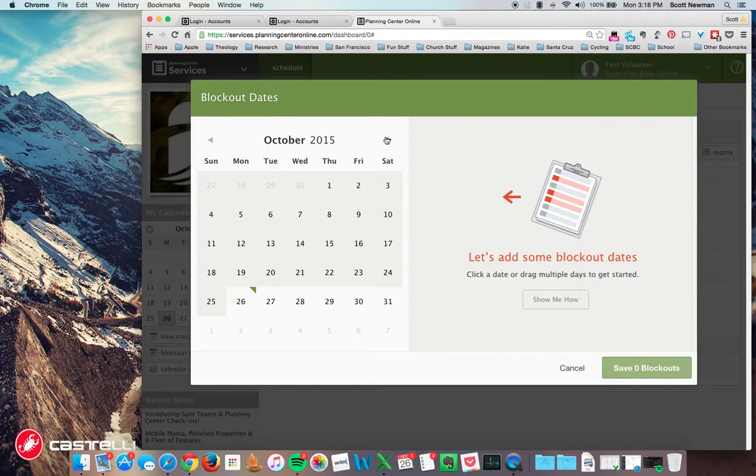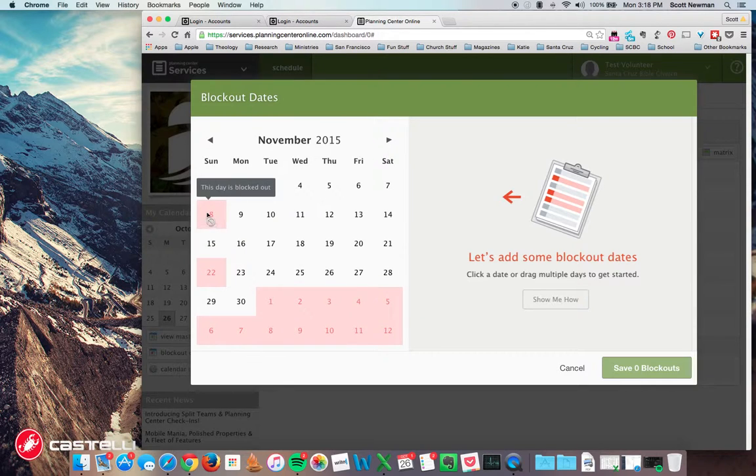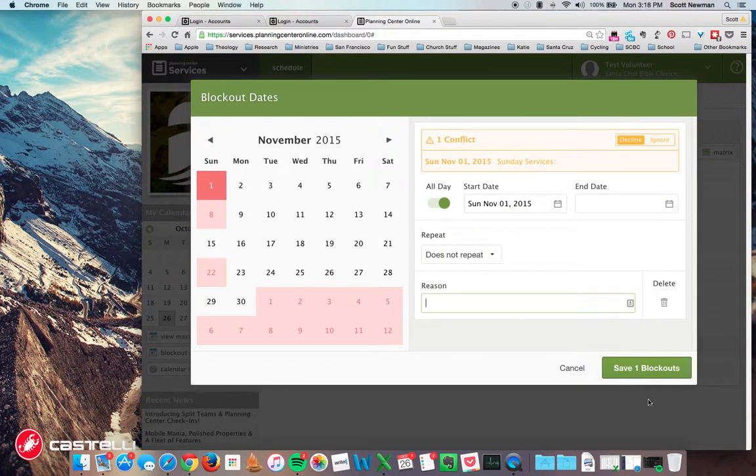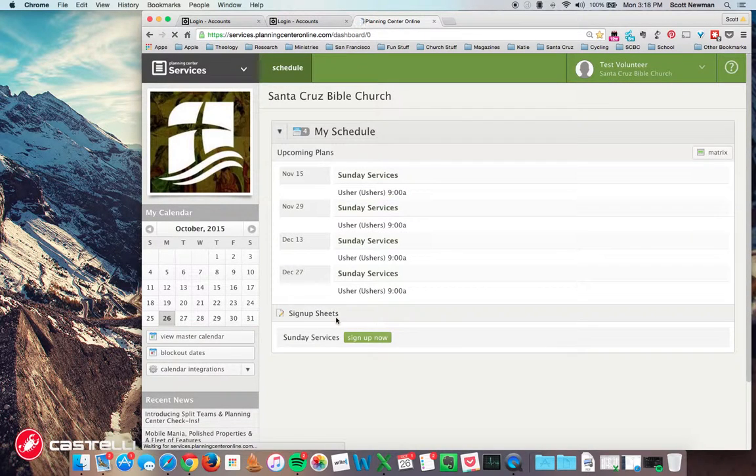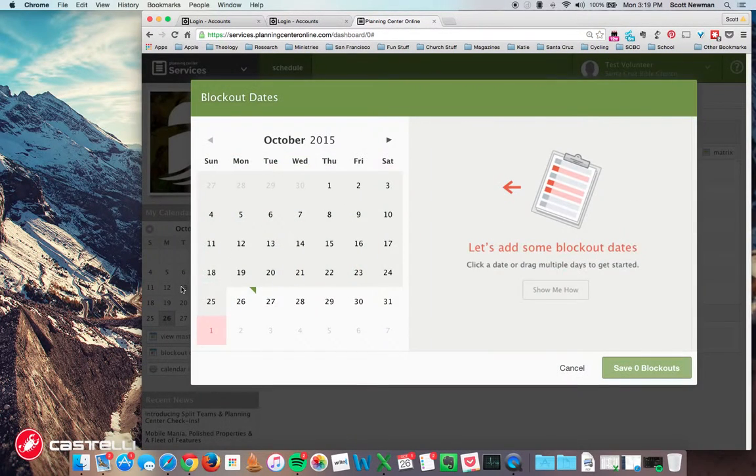So I'm going to add some blockout dates here. In fact, some of those dates were blocked out already for me. I'm just going to go ahead and block out, let's say, November 1st. I know there's a conflict because I'm already scheduled, but I'm going to save that blockout anyway, just so I can show you how that works.